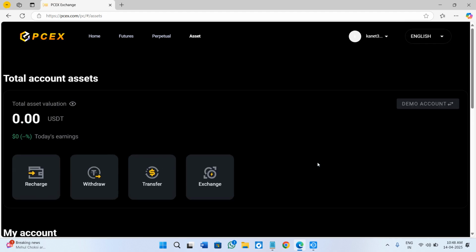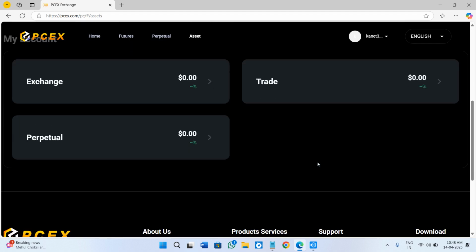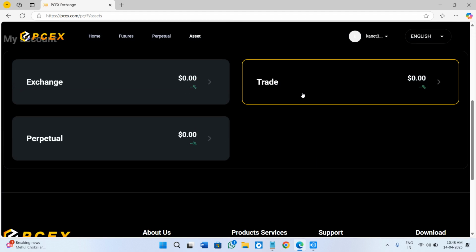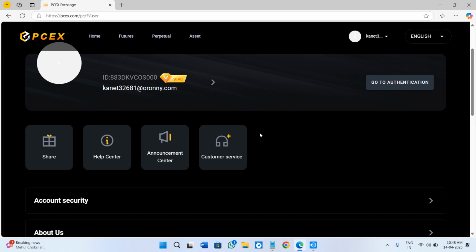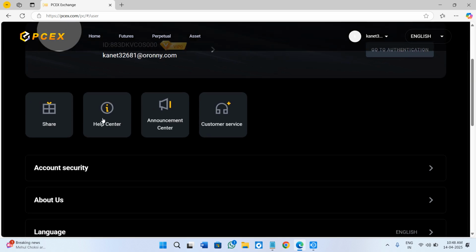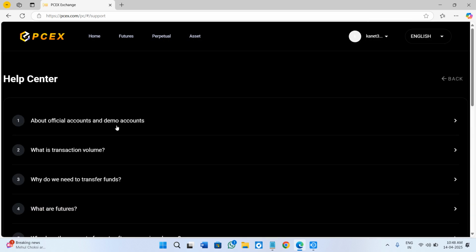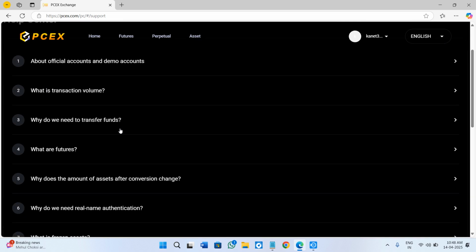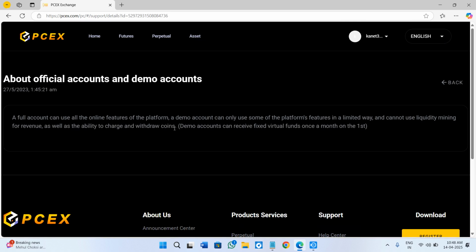But as you can see over here, currently it is not showing me any of the credit cards in my account. So in this situation, what you can do is you can simply click on your profile icon in the top right hand corner, and now you need to click on help center. Now over here you will see a bunch of different articles that you can basically use,